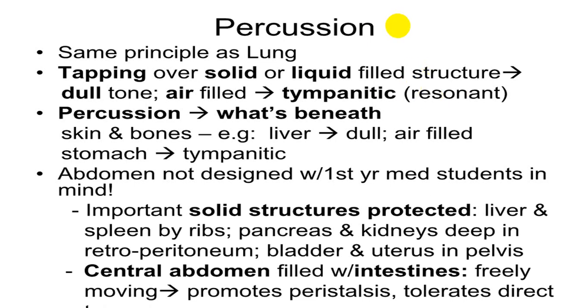You should be aware of where you are percussing and what is beneath where you are percussing. Usually over the bone, or a solid structure like the liver, you will always have a dull note. Liver, spleen, you will have a dull note. While the stomach, that is the fundus part of the stomach, is usually filled with air, and you will get a tympanic note. And this area we call Traube's space.